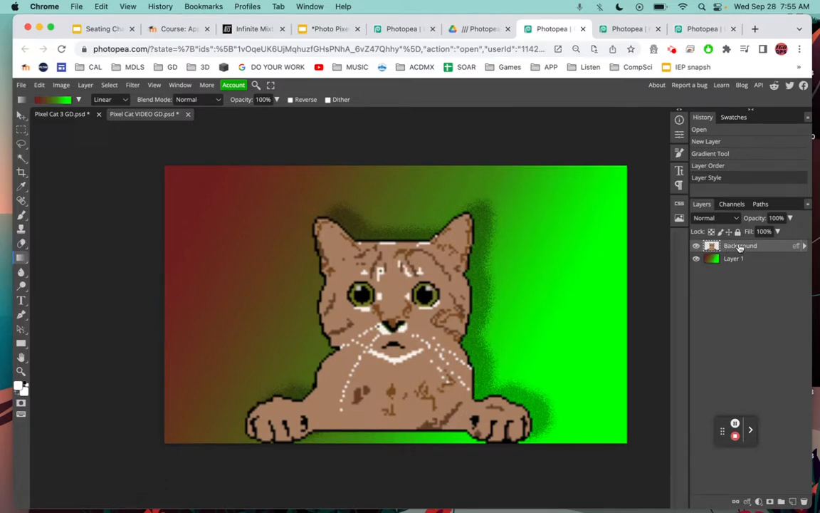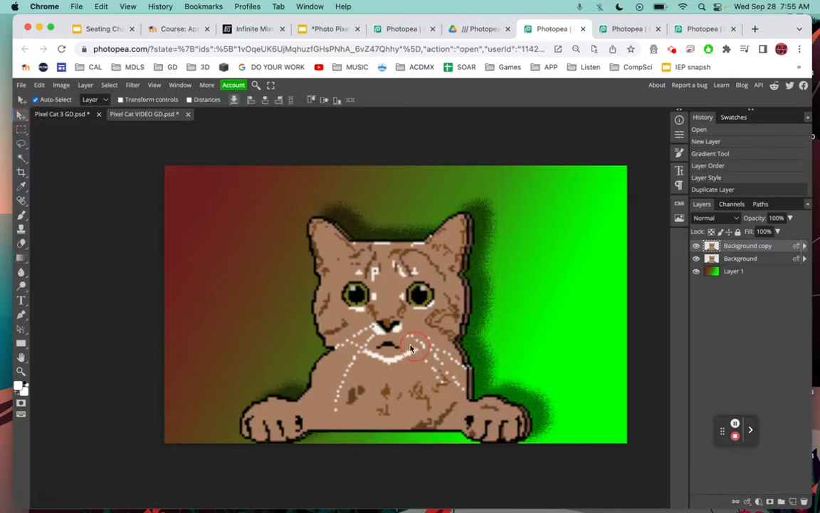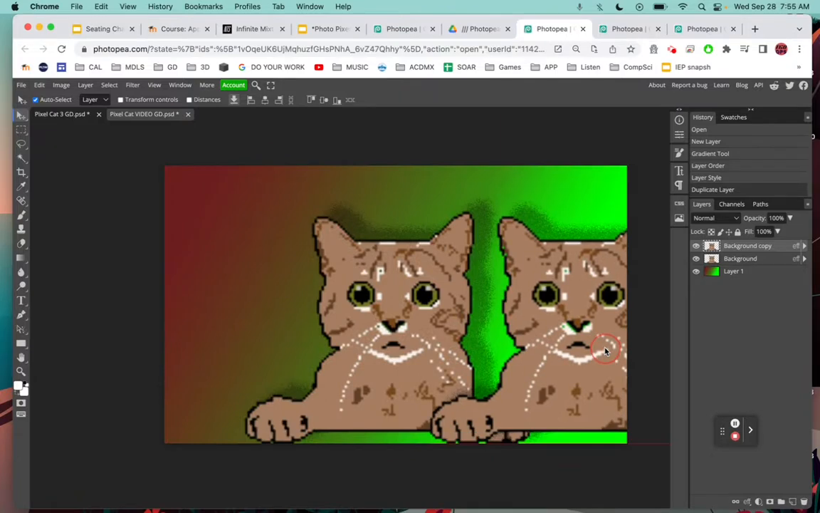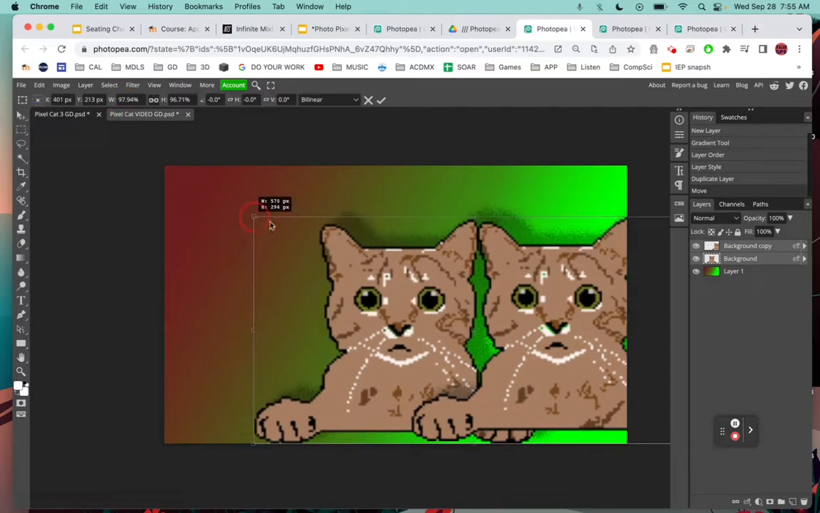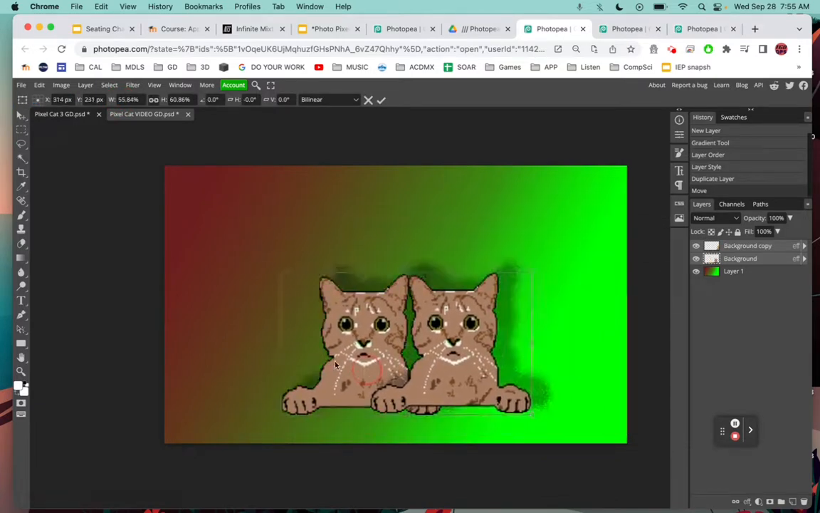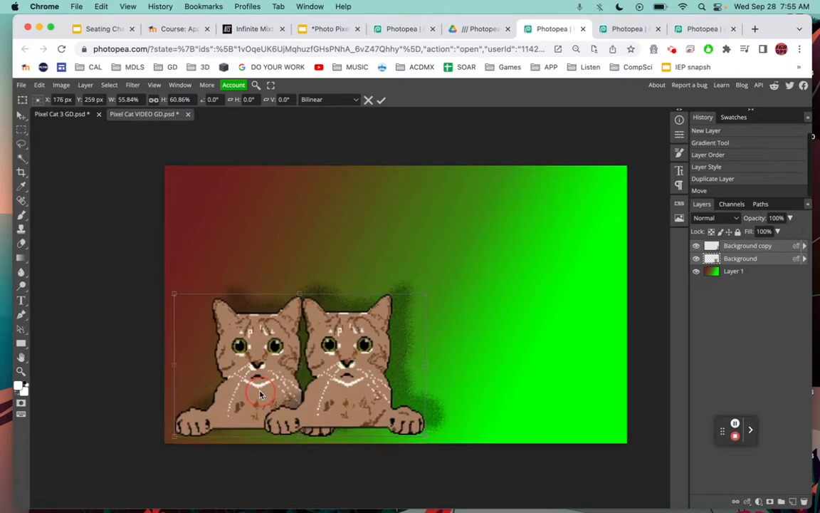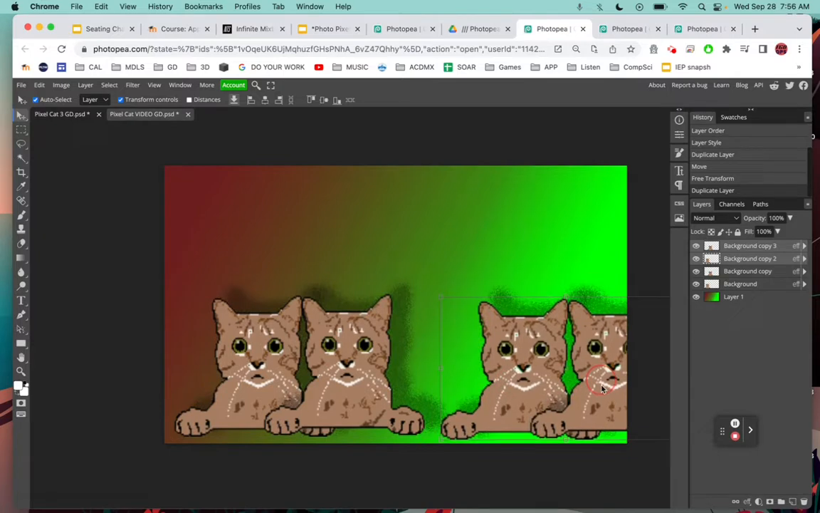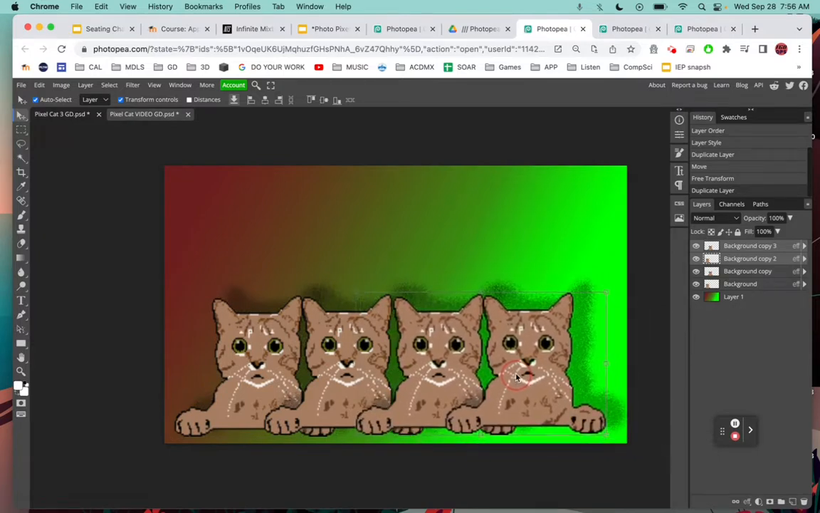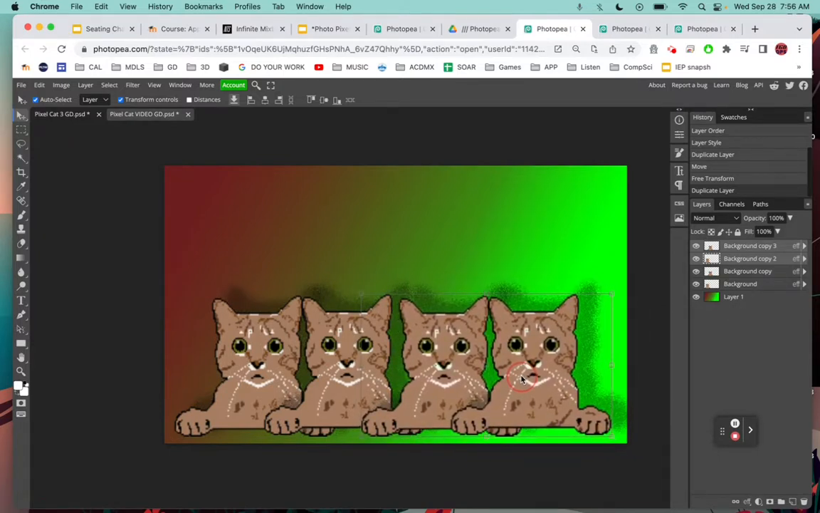Duplication is a great way to create some patterns. So I'll right click, duplicate layer, and then I can move these. These guys are too big for me, so I'm going to hold Shift, select both of them, and in my move tool, click transform controls and make them a bit smaller. With both of those selected, I can duplicate again, and pretty quickly you can have a pattern with lots of